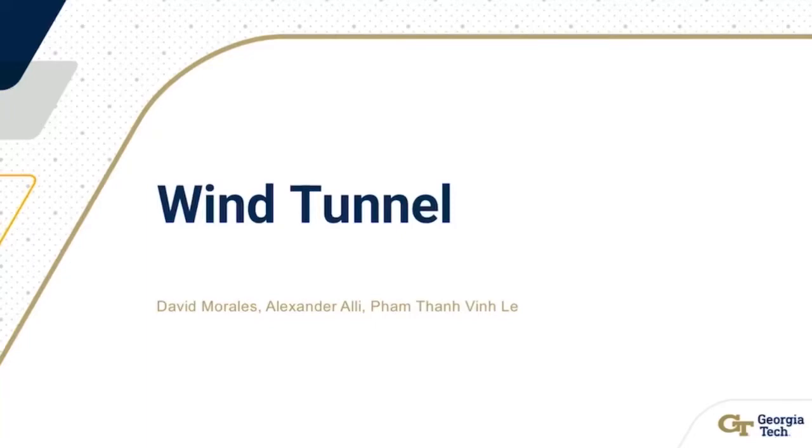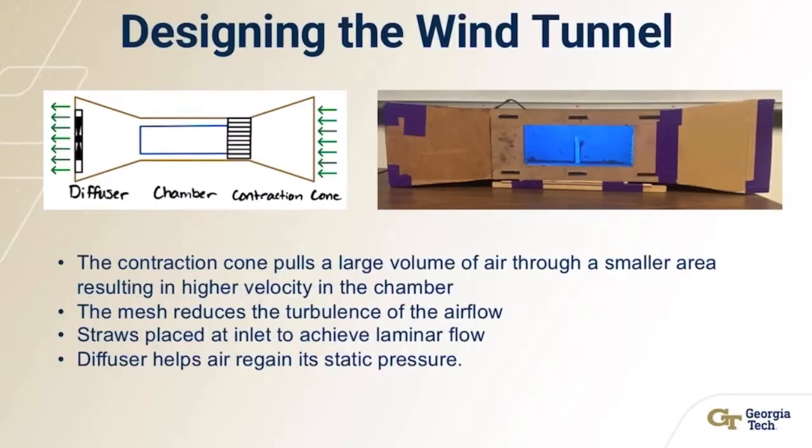For this project, our team decided to make a wind tunnel. Our wind tunnel consists of 3 different parts, which are the contraction cone, chamber, and diffuser. The contraction cone is to pull a large volume of air to a lower area to get a higher velocity in